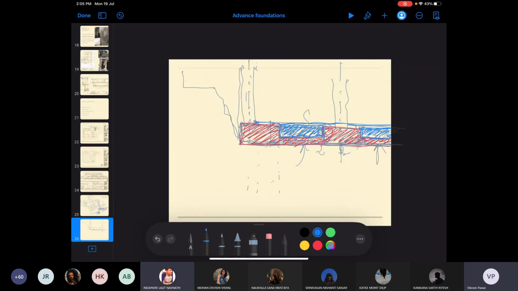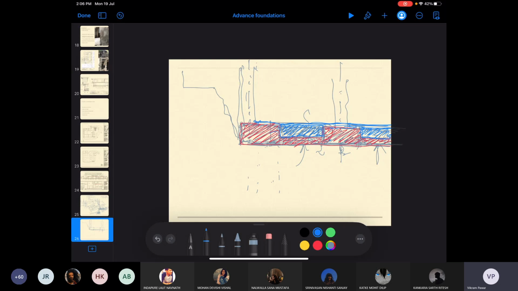The one in red is your profile of the pile, your pad foundation footing, your footing or pile cap, and the raft, correct? Yes, yes. And there is a blue pocket filled up, which will be pockets between the connector beams, and the pocket will be filled up so that you get a level surface, correct? So you can walk, you can drive, whatever, because you need a level surface in the basement. You cannot have everybody going up and down, right?